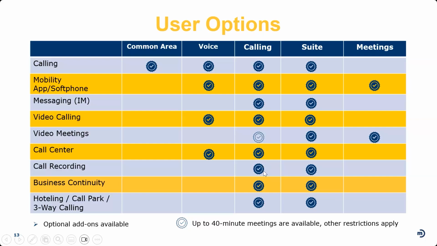And then moving down, additionally with this feature set, you do get call recording. This is what we call Dub or Go recording, and that's going to be where the particular user can stop and start, control their recordings for their individual phone. And they do get access to a web interface to go in and manage and listen and play back those different recordings. The default retention on the included one is going to be 30 days.